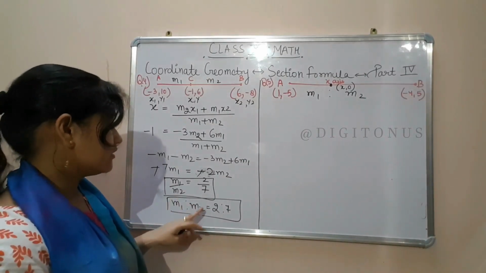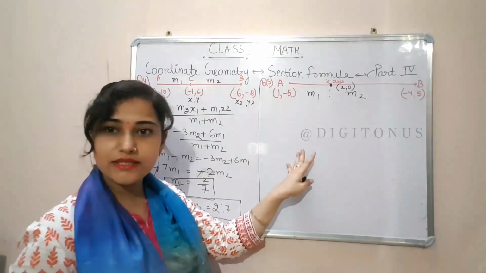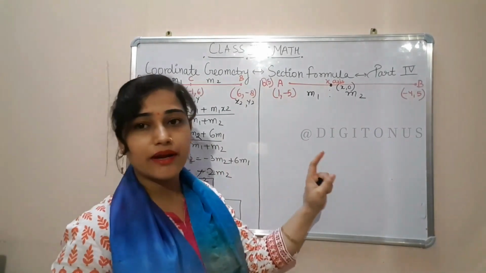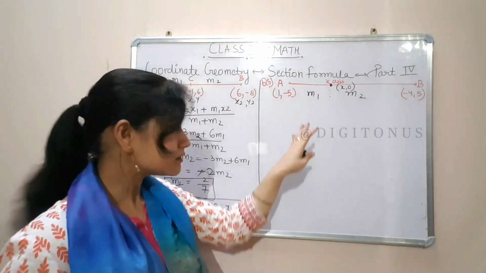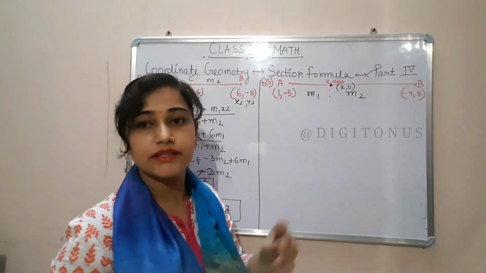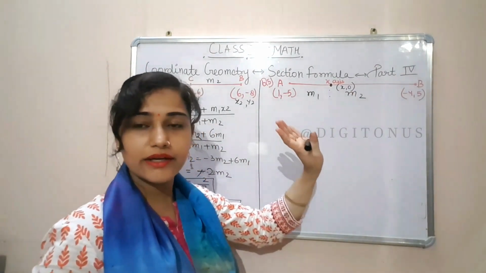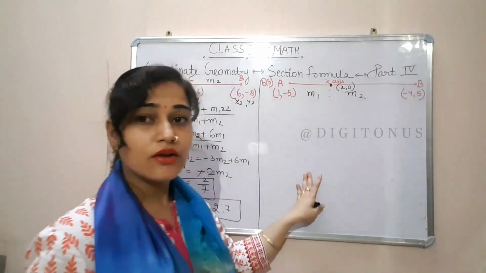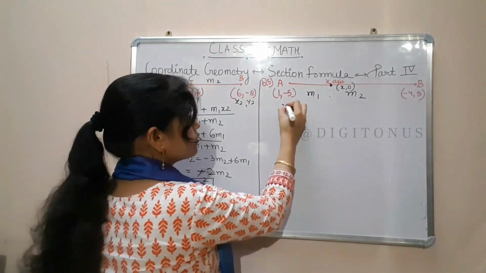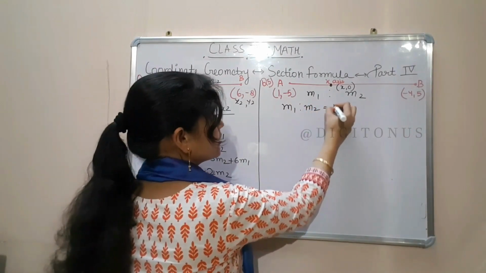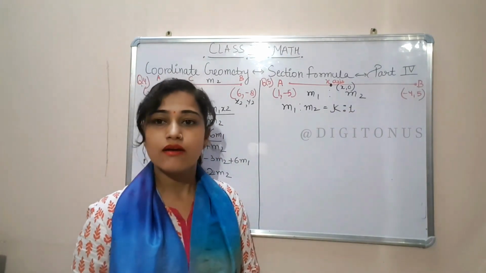Like this we will find out the value of ratio if all the values are given. Now here in this question also we will apply the same formula, but students, you keep it in your mind, by the one formula we cannot find out the value of three unknown things. Three unknown values not able to find out, but you can put y coordinate because y coordinate value we already know. If we don't know the y coordinate value also, then what can we do? In place of m1 and m2 we can keep k ratio 1.